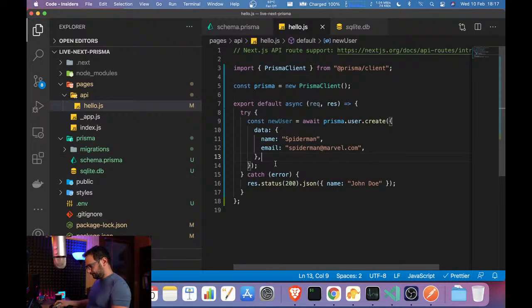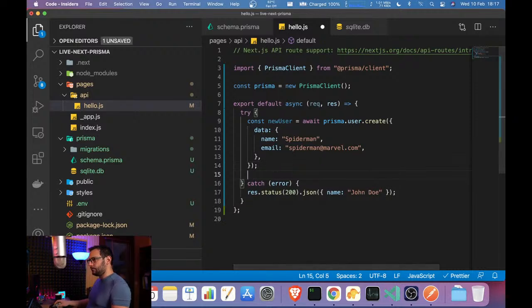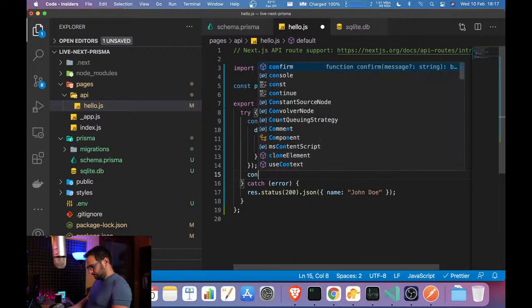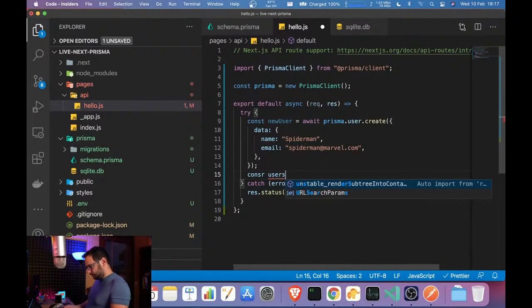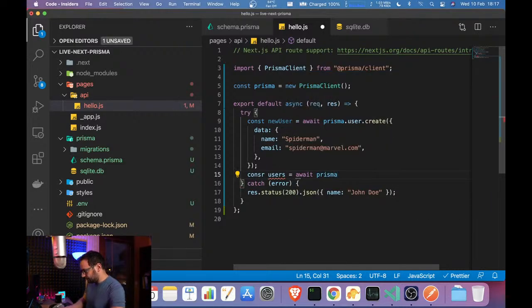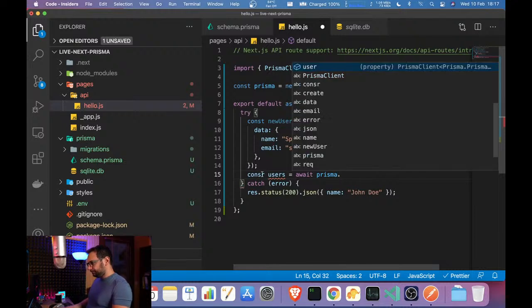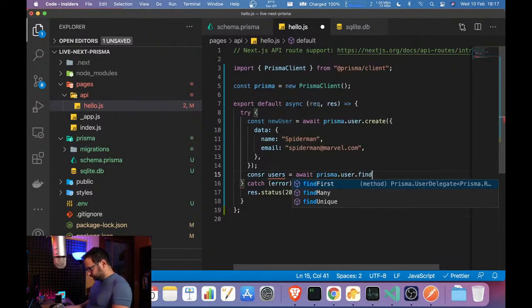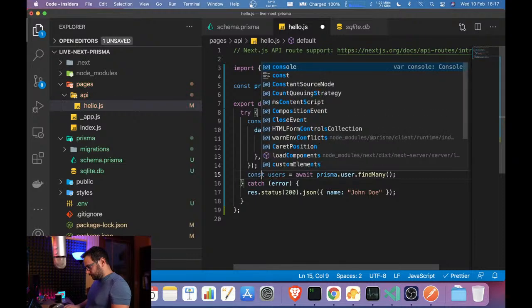So what are we going to do now? As a callback, we can also find every user that we have. Find first, unique, many, but we're not interested in this.